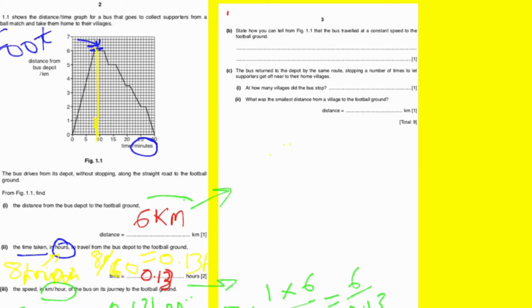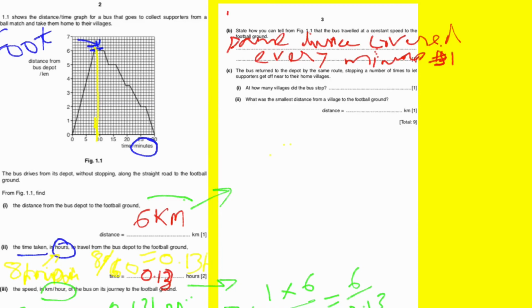It is better to write same distance covered every minute, but a straight line graph is also fine.